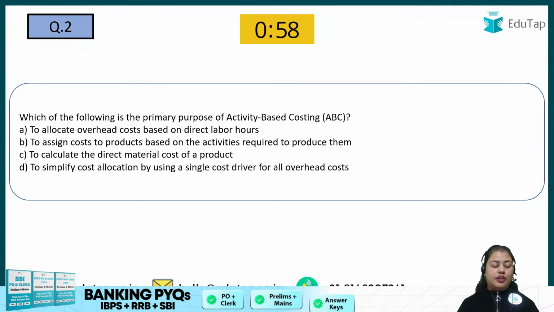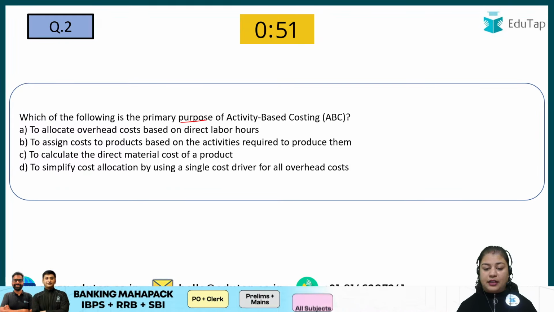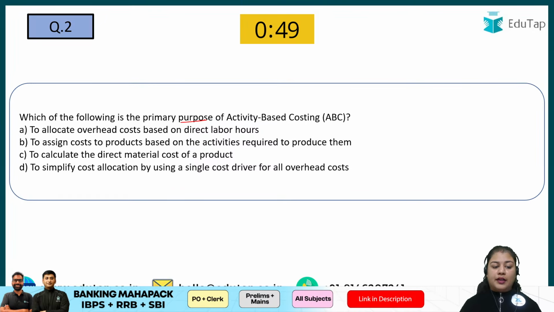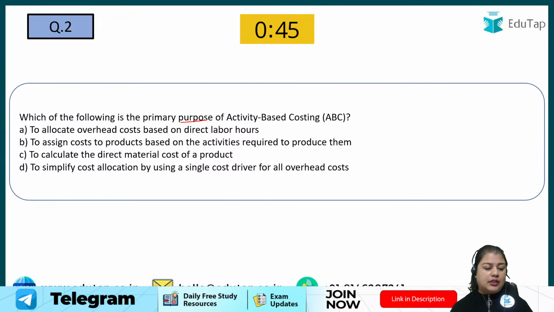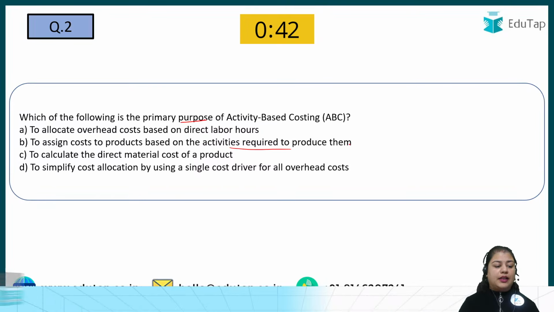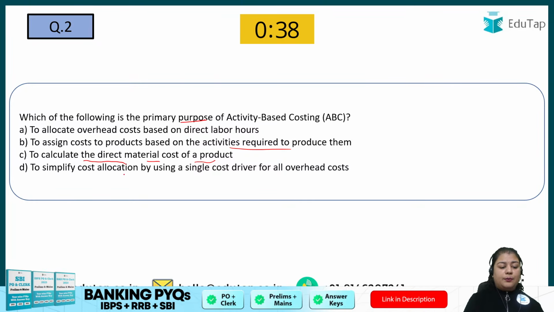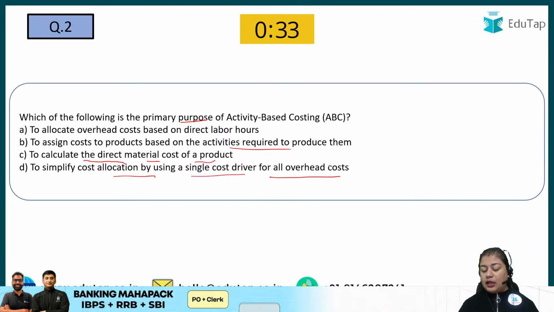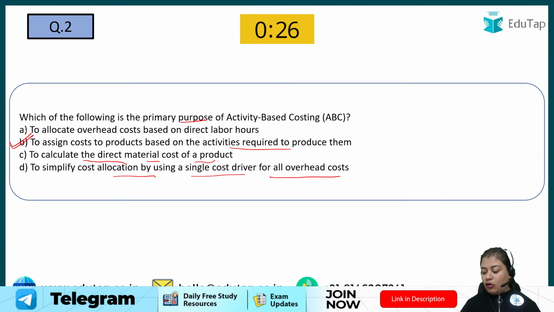Moving on to the second, which of the following is the primary purpose of activity based costing? So do you remember what is activity based costing? To allocate the overhead cost based on direct labor hours, to assign the cost to products based on the activities required to produce them, or to calculate the direct material cost of a product, and to simplify the cost allocation by using a single cost driver for all the overhead costs. So the correct answer is, of course, everybody has answered correctly, that is B, to assign the cost to